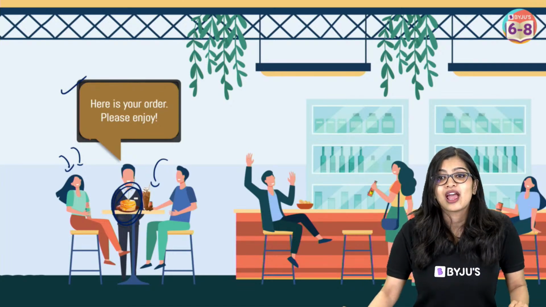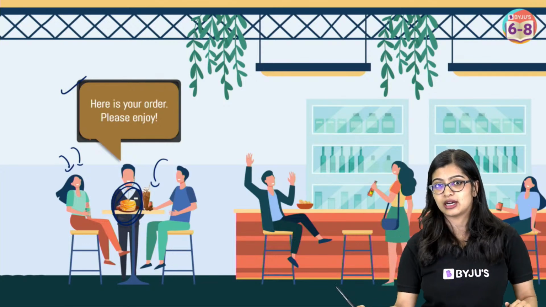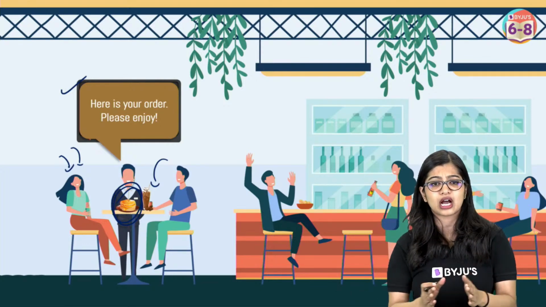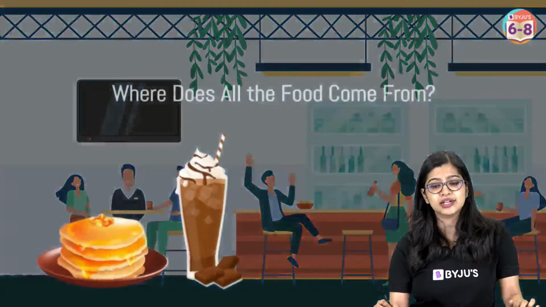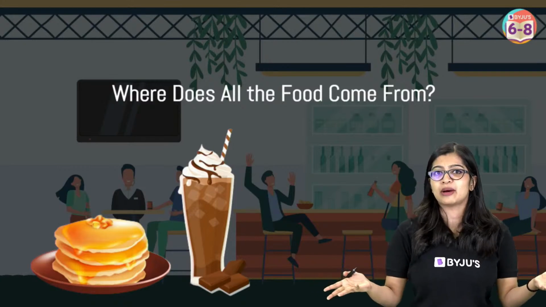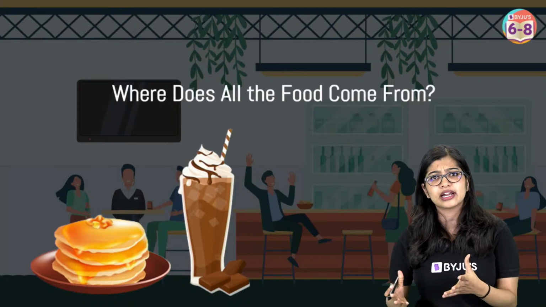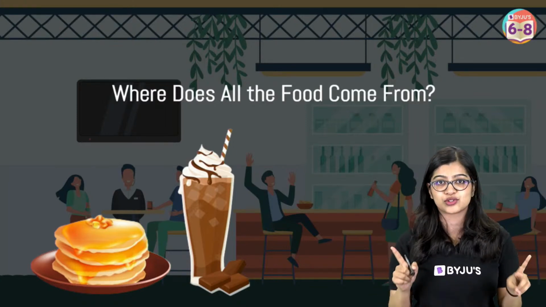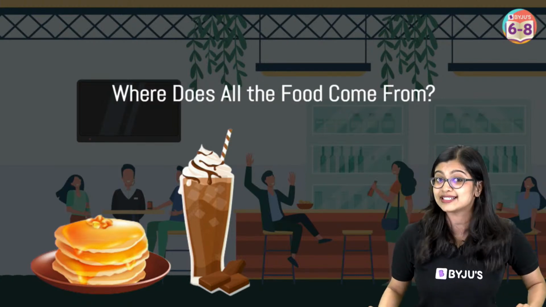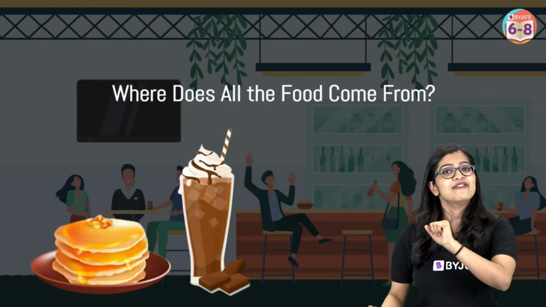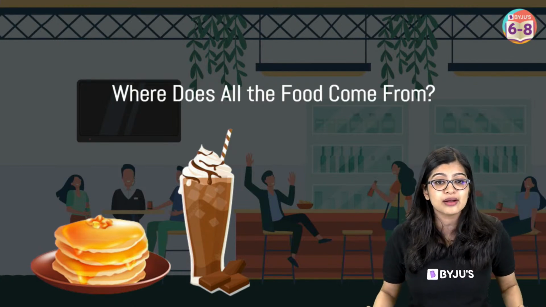Yes, of course. Now, imagine, we have all these different food items that you listed out, right? You listed out so many different kinds of food items here. Now, have you all ever wondered, where does all this food come from? I mean, we're having breakfast, lunch, dinner, and of course, it's important to have healthy dishes also, okay? I saw a lot of pizza, burgers and all, but it is also important to eat healthy, right? So, have you ever wondered where all the food that we eat comes from?